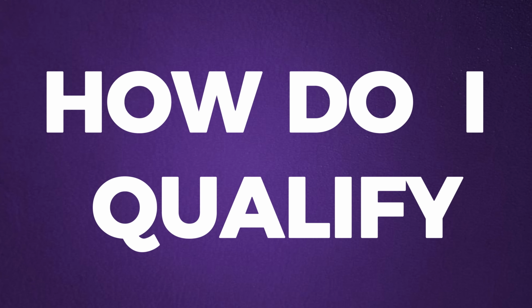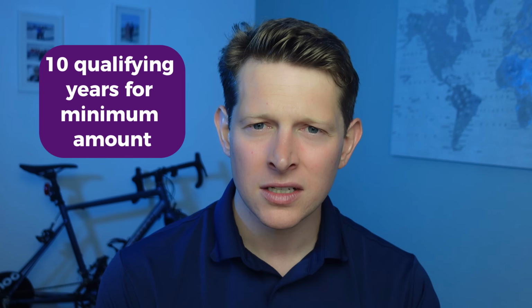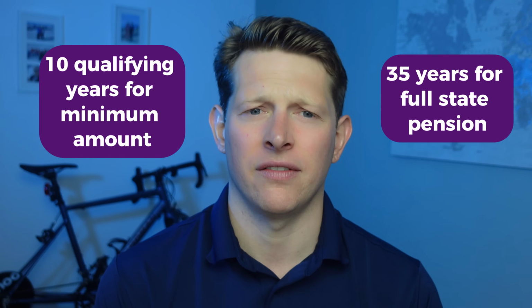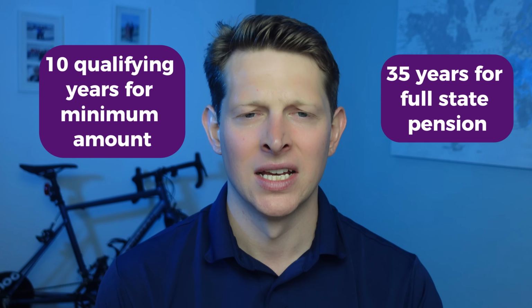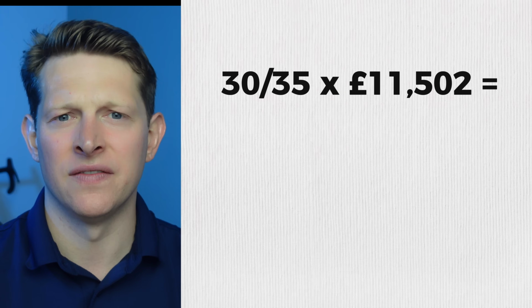Sounds good. How do I qualify for it then? The state pension, and whether you're eligible for it, is based on your national insurance record. To get the minimum amount of state pension, you're going to need 10 qualifying years. For the full amount, you might be asking, you're going to need 35 qualifying years of paying the necessary NI contributions. If you're somewhere in between 10 and 35, each year gives you 1/35 of the full state pension amount. For example, let's say you've got 30 qualifying years. This would give you a state pension of